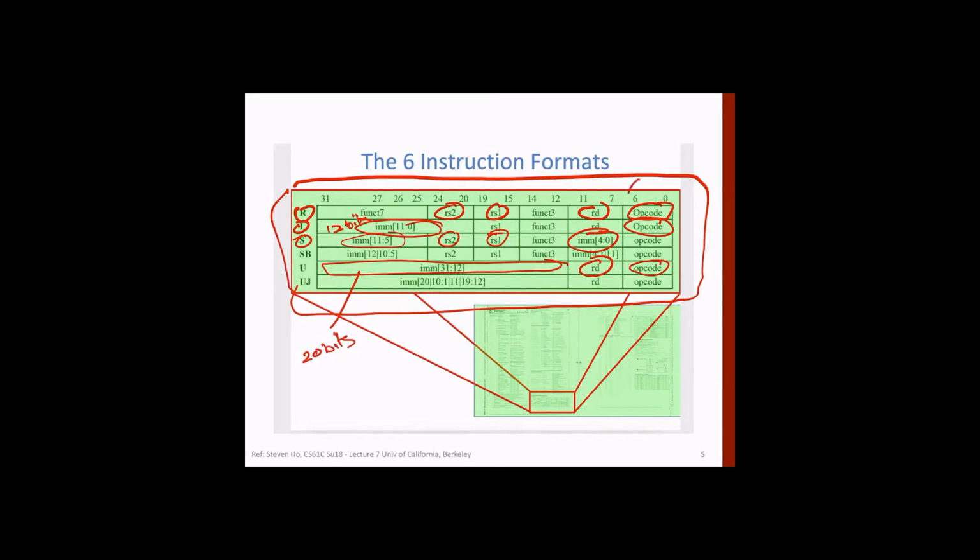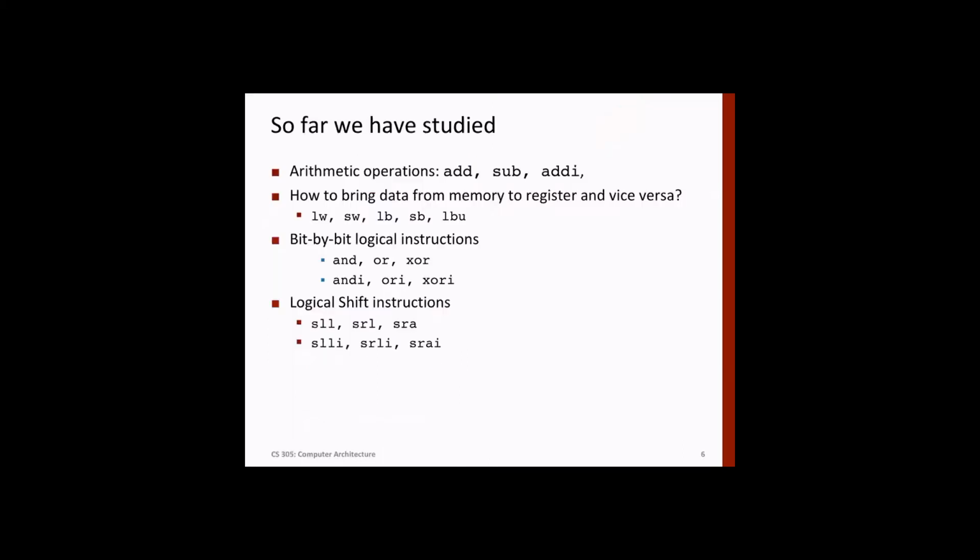In all instructions, between bits 0 and 6, the first 7 bits will contain the opcode, and then bits 7 to 11 will be for destination. It's either the destination register or something that defines destination. And source register 1 and source register 2 are always in these fields. So we'll look at these a little later.